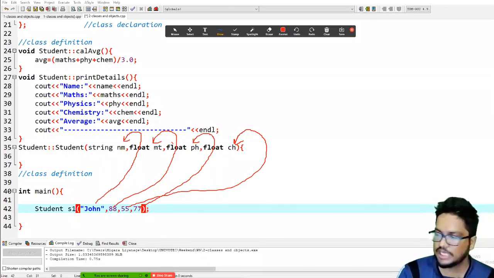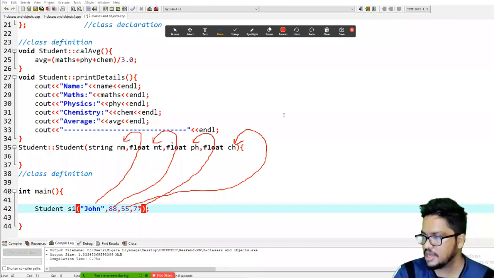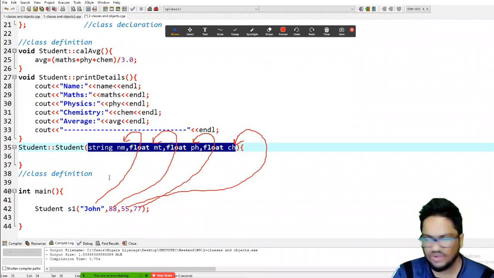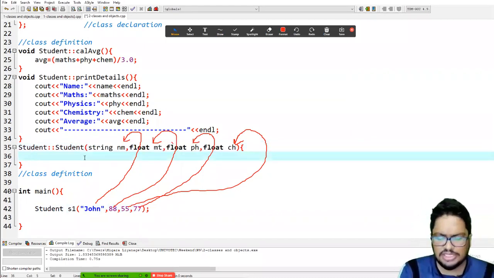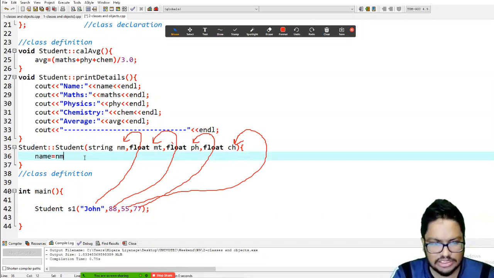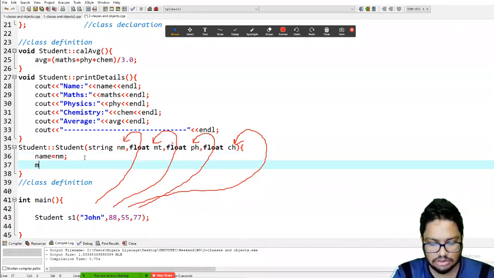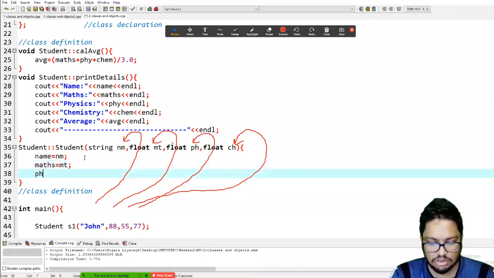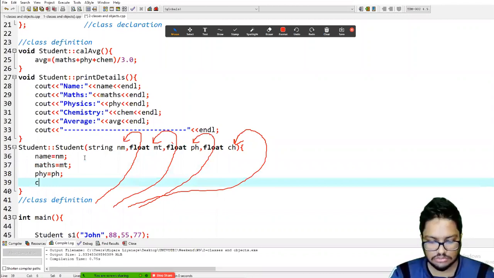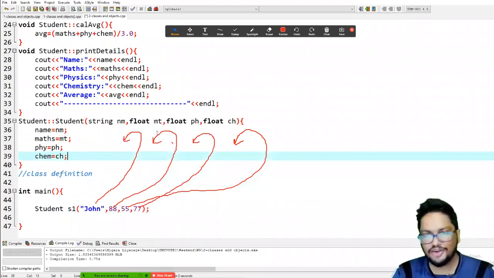Right, so what happens is these things will be passed to these variables, I mean parameters. Then you can use this indirect method to do this. Right, so now what was the issue?